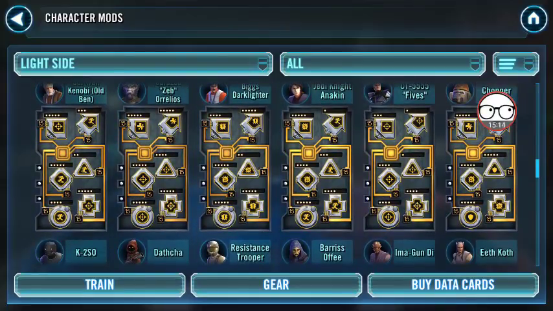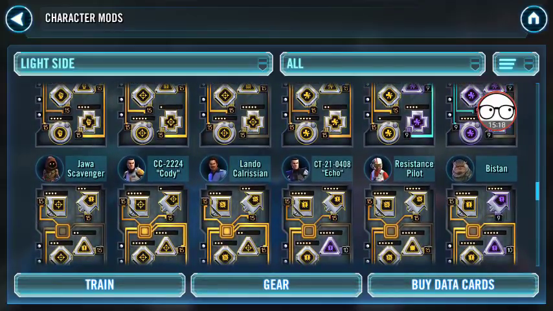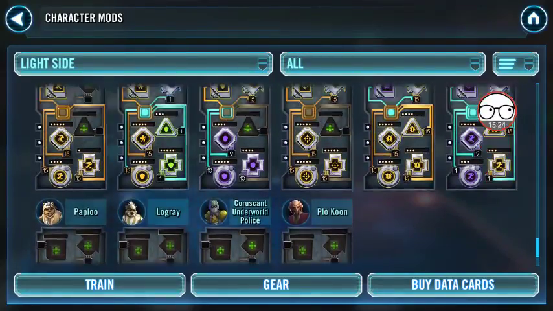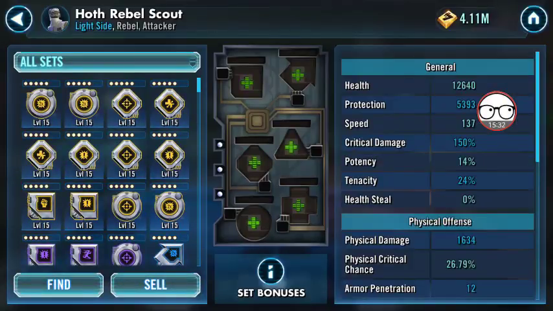I'd like to see a credit heist come in between now and then, but I don't think there's going to be one. I will say the one thing that you will need to pay attention to when modding, when increasing character levels, are those characters who are going to be part of the event, and those are the HAAT characters like HAAT Rebel Scout. Now, I don't have mods for HAAT Rebel Scout, so what I'm going to do is head over to